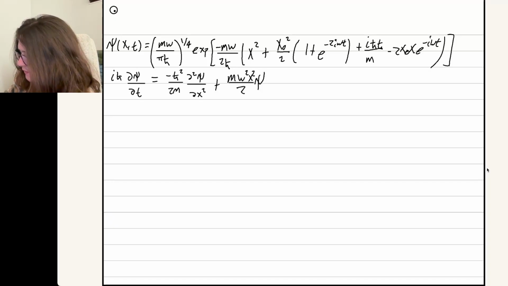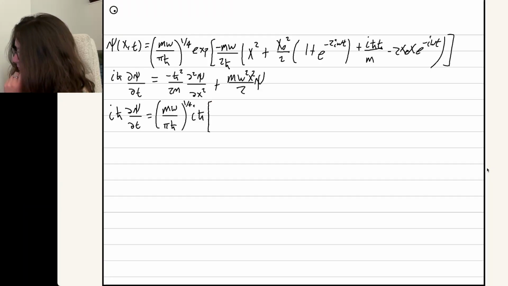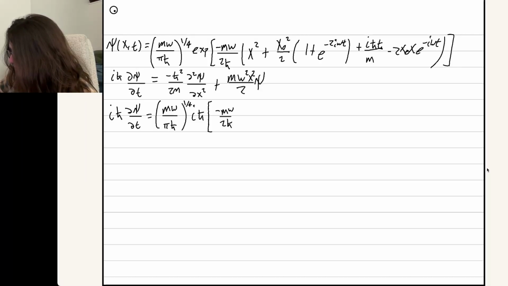It's going to be sort of a left-hand, right-hand proof, so I'm going to do the time derivative of this first and multiply it by i h bar. So we get the m omega over pi h bar stuff, but with an i h bar as well. And then in these brackets, I'm going to put the derivative of all the stuff in the exponent with respect to time. So it's going to be minus m omega over 2h bar times